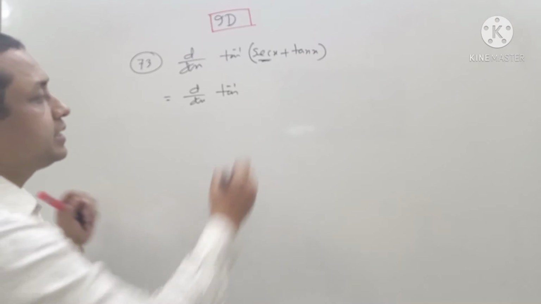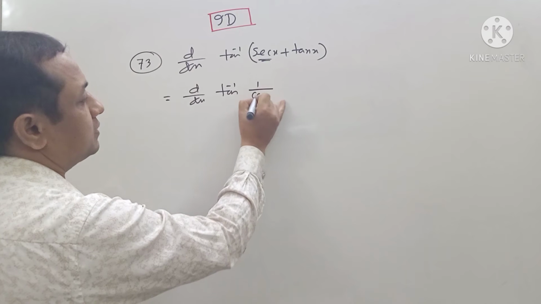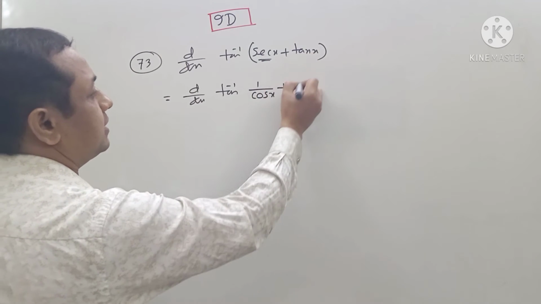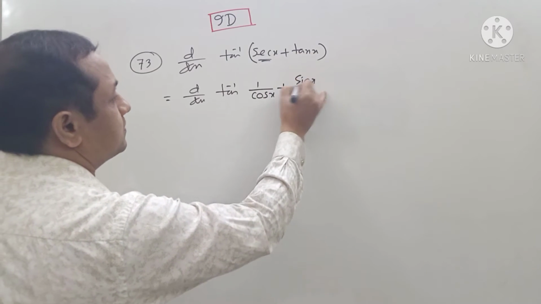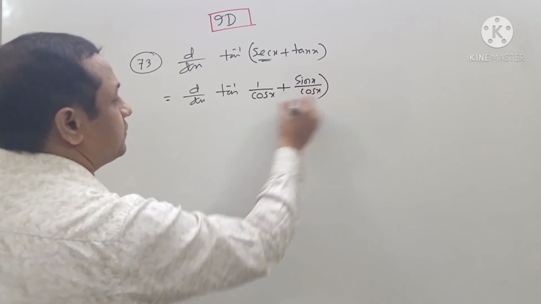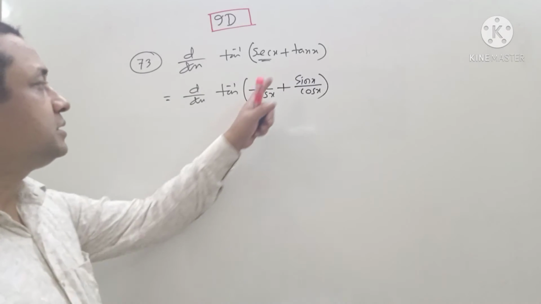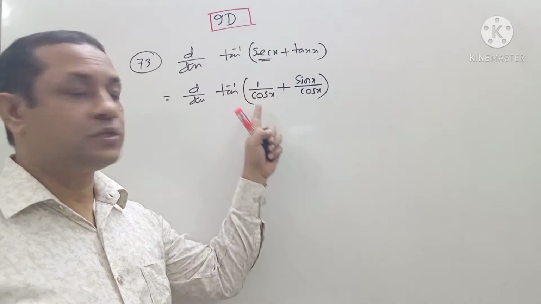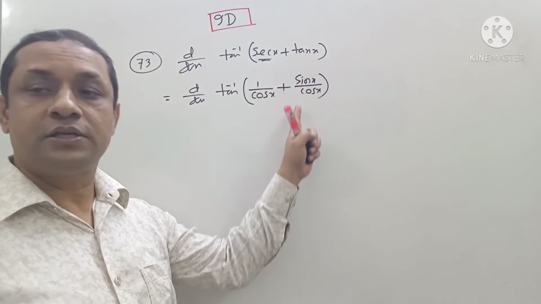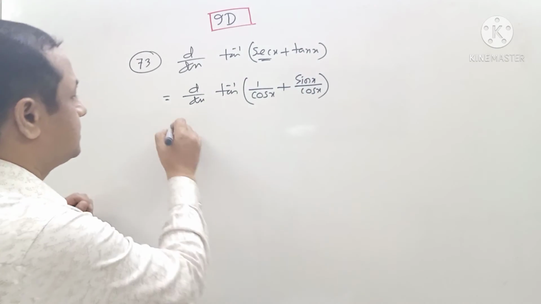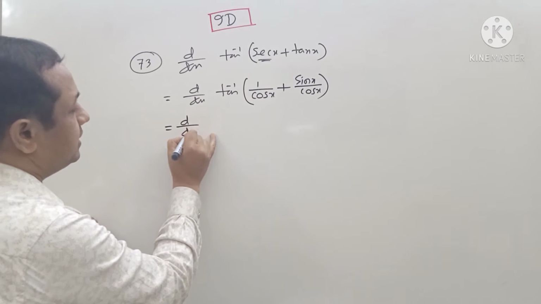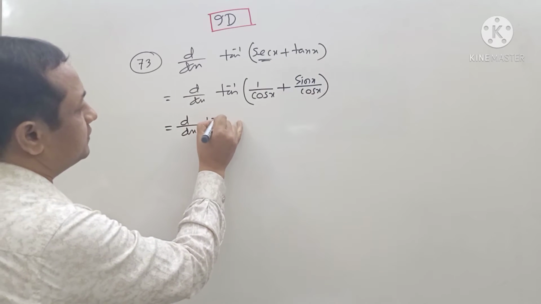We know that sec x equals 1 by cos x and tan x equals sin x by cos x. I say again, sec x equals 1 by cos x, tan x equals sin x by cos x. Then d/dx of tan inverse,